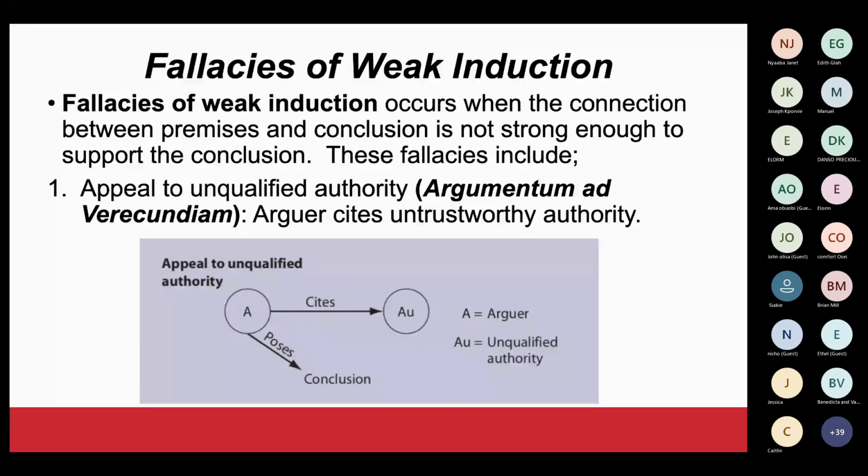No. If you're reasoning like that, you're not logical. Don't mistake respect for logic. You have a problem. So you will have the arguer citing an authority who does not qualify, and then on the basis of that posing a conclusion. Let's look, for instance, at a journalist. Some of you go ahead and cite a journalist. Maybe, for instance, you're looking at a problem. Even some time ago, there was the talk of legalizing marijuana in Ghana.